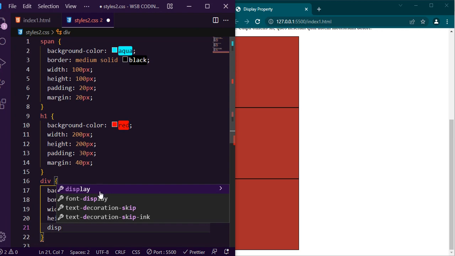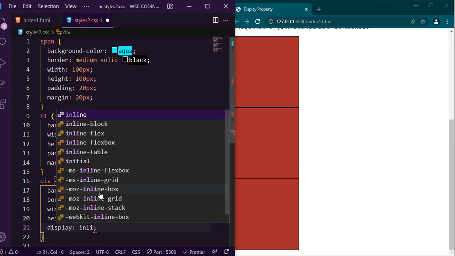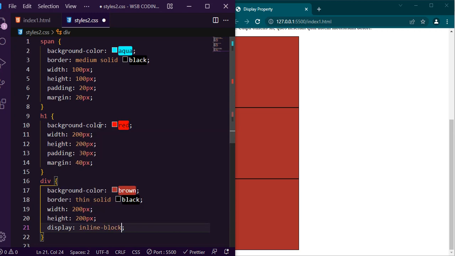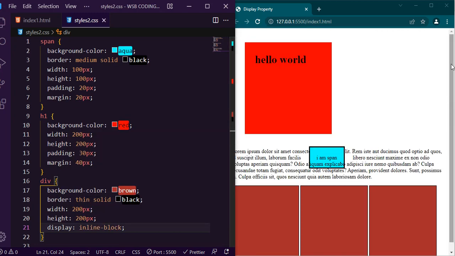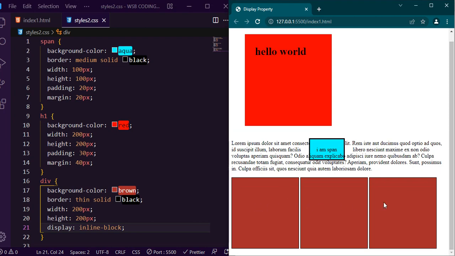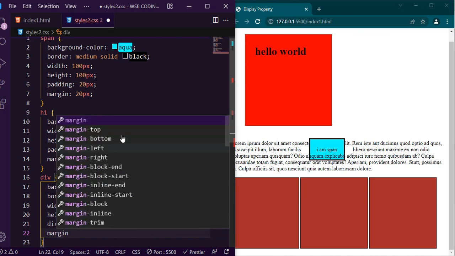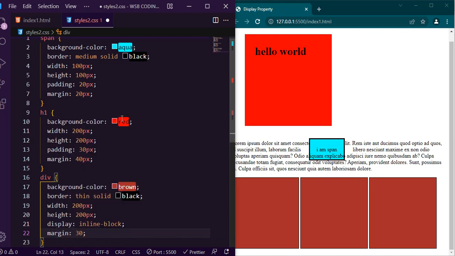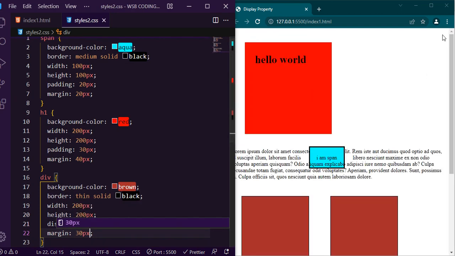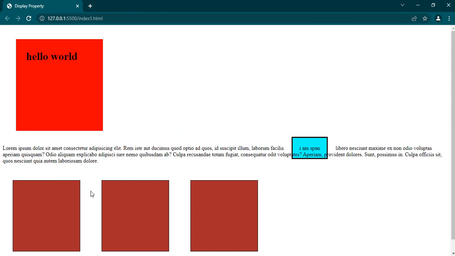to inline-block and see what happens. Let's save it. Well, you can see they are appearing on the same line. So just like inline elements, they share space, but like block elements, the width and height properties are also working. So if I give margin, let's see if it works. Margin of 30 pixels to each of them. Well, you can see 30 pixels of margin is also applied to all 3 divs, and the padding will